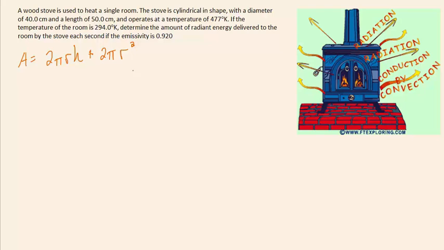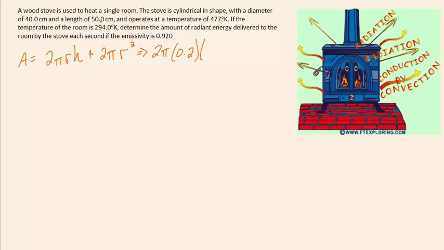We can plug in our values, knowing that 2 pi times our radius, which we're given the diameter. If you divide that by 2, you see that our radius is 20 centimeters, and after we convert it to meters, our radius will be 0.2 meters